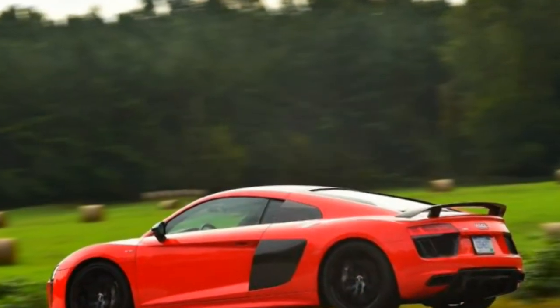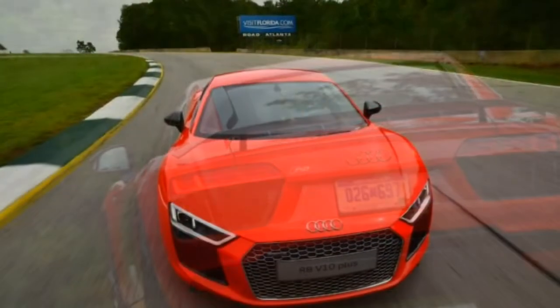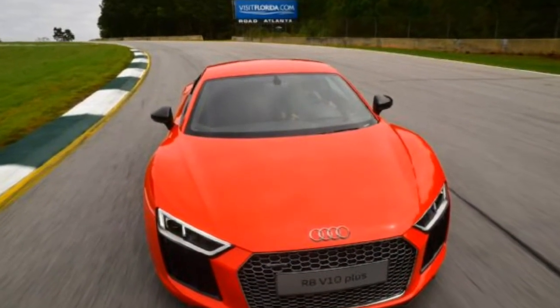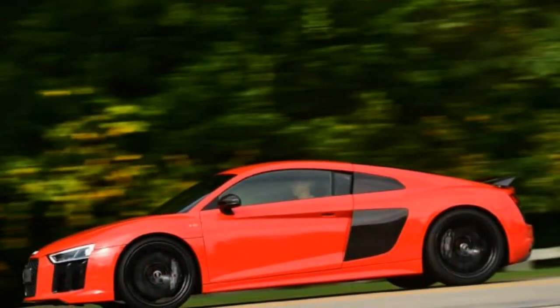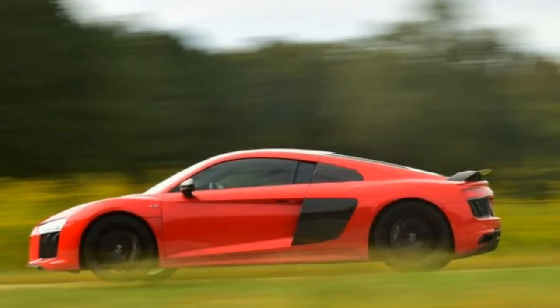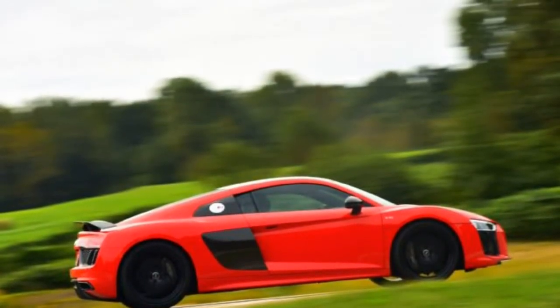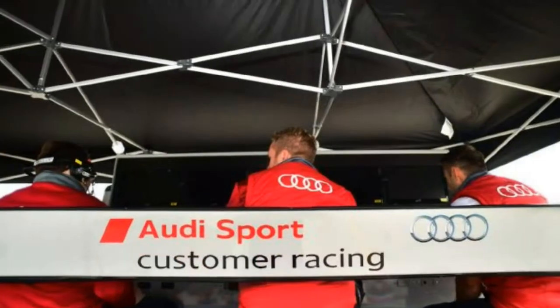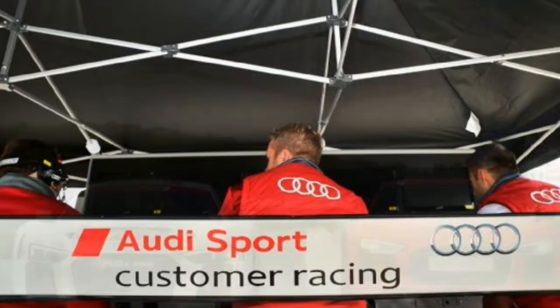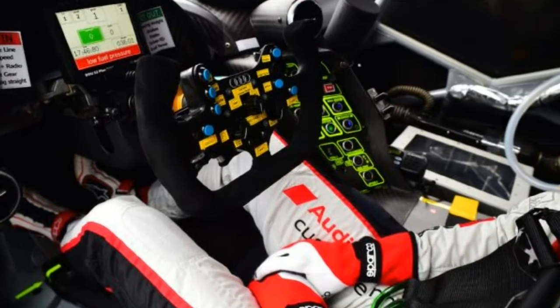Besides translating into radically improved performance, this also creates a package that's more palatable to well-heeled customers. So-called gentlemen drivers pay many, and in some cases most, of the bills in sports car racing, and they're not always talented enough to control cars that are prone to vices such as snap oversteer and brake lockup. "If they're not having fun, they're not going to race," Liebchen says. "So we wanted a car that was easier for gentlemen drivers to drive, and that meant improved traction control and ABS." The drivers who've tested the car tell me that it's remarkably easy to drive,